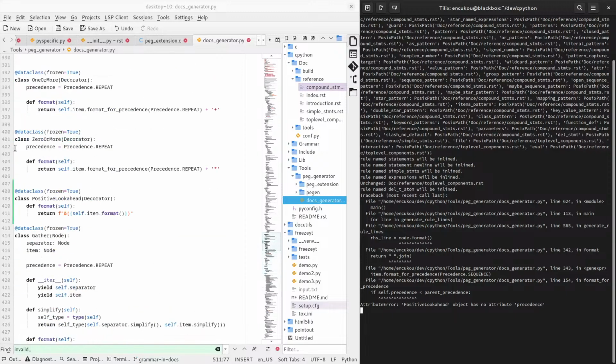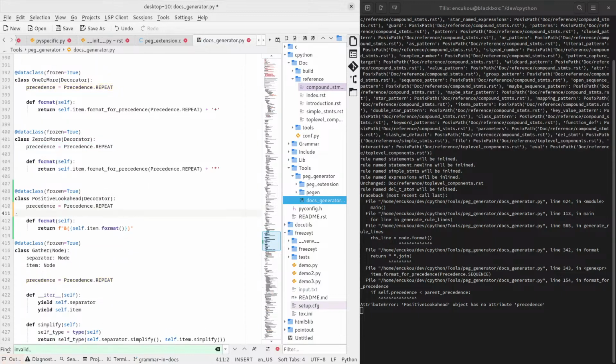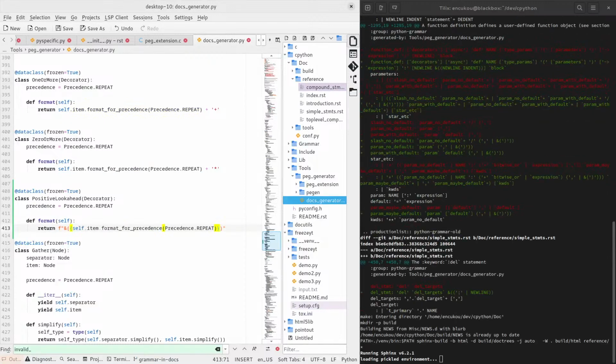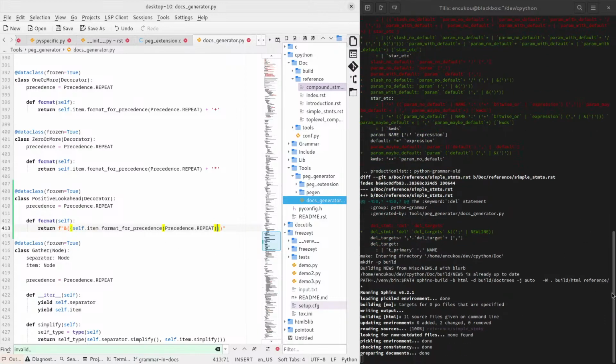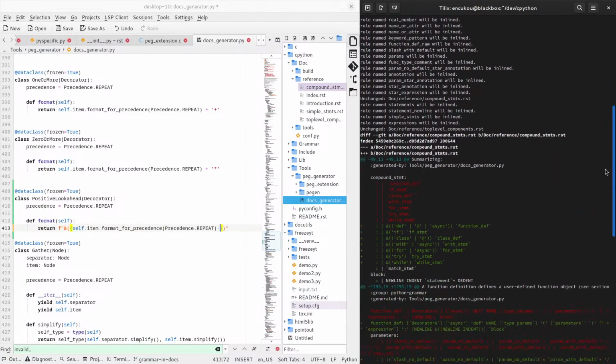I need to put in precedence. Okay, so let's make the precedence the same as repeat and do this format for precedence thing. Right, so that actually puts in a lot